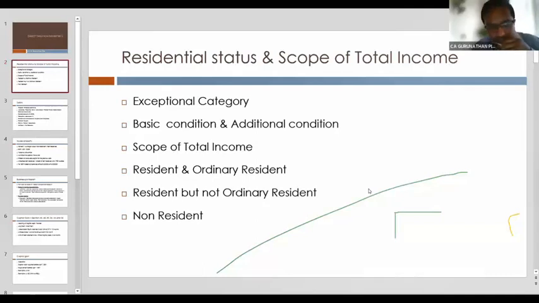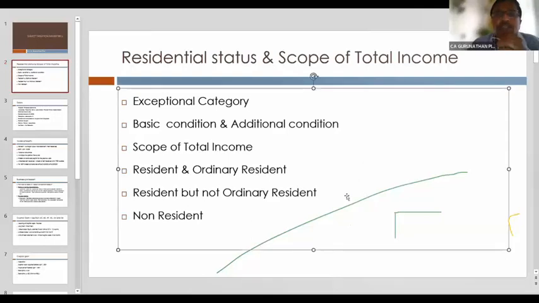Now, residential status, the basic format for answering that you have to keep in mind is the condition. The first and the most important thing is the condition. Because if you make any mistakes in the conditions, then the whole concept goes wrong. So you have to be very particular in writing down the condition, whether it is a basic condition or additional conditions. Whatever the different types of questions, your conditions will remain the same. There is no difference in the conditions. Whatever questions come, on residential status you have to write down the conditions.